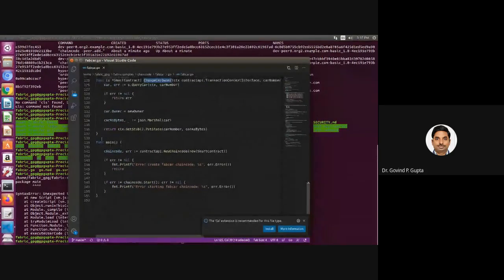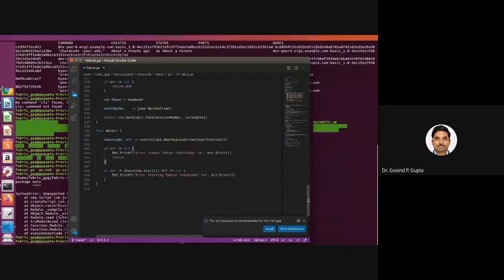Now you see here in the main function, you just create a new chaincode object. Then with the help of that chaincode, you start the execution of your smart contract by simply calling this. Exception handling is included in all parts of the code, in order to track whether the chaincode is created and whether the chaincode started execution or not.